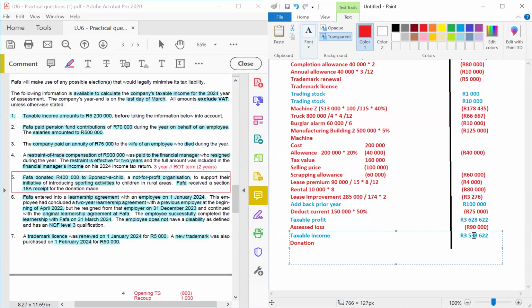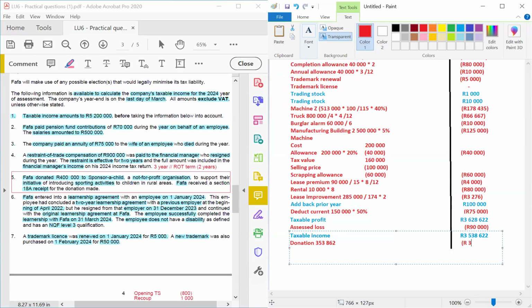Now 10% of this would be 353,862. How did I get this amount? I just removed this 2 here, because when you multiply by 10, you would remove that 2, right? So which one is lower? This 353,000 is lower, right? Not the actual amount. So that's why we would now deduct.